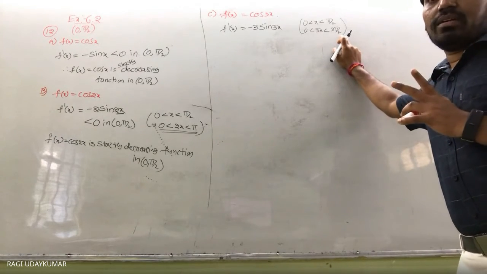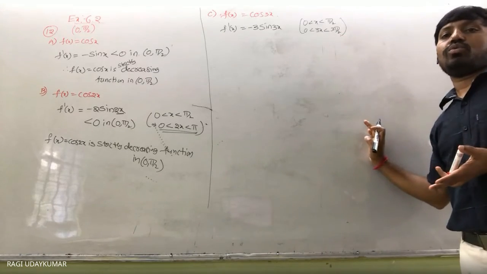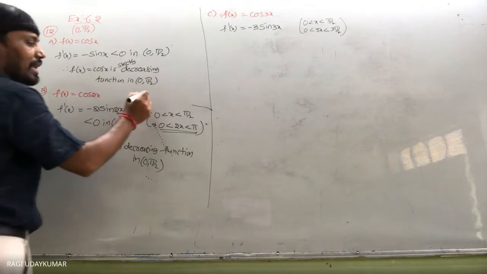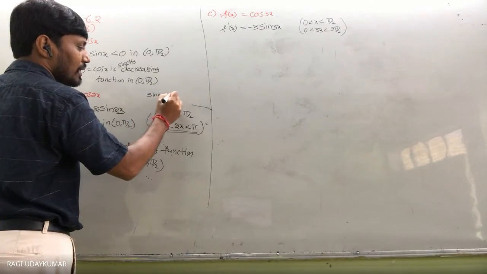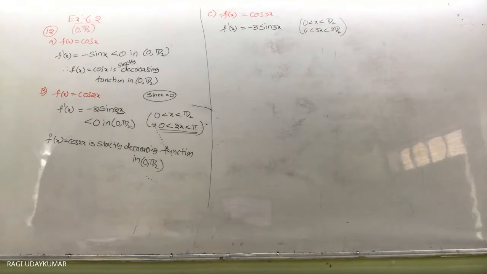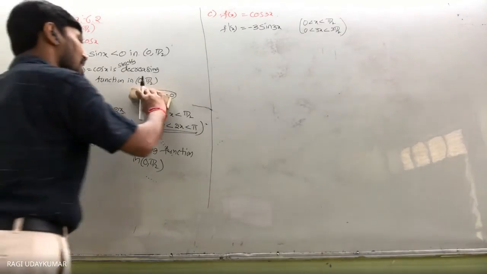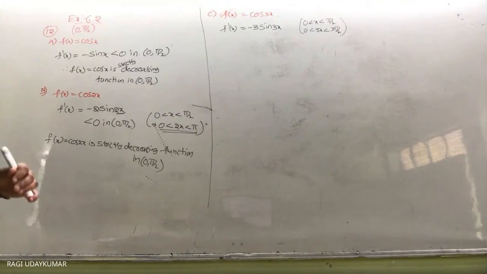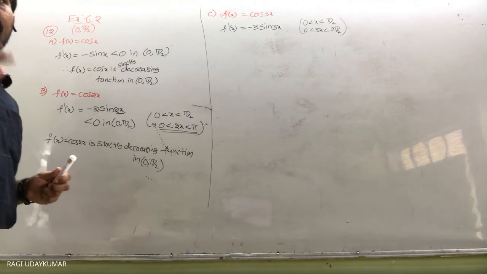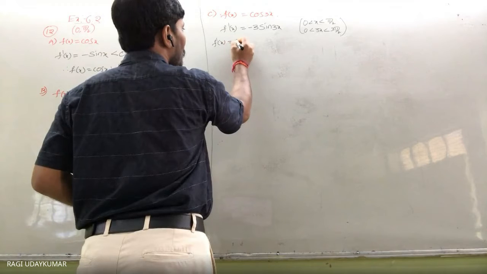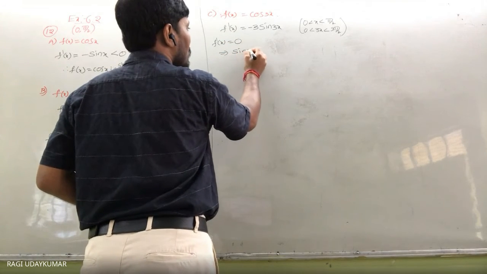But what we need to do here is check whether there may be a turning point also. Here also you had better find out whether there will be a turning point or not. How do you do it? Take f dash of x equal to 0. Here in the same way as before, we do not get any turning point in the earlier case. But here, f dash of x equals 0 implies sin 3x equals 0.